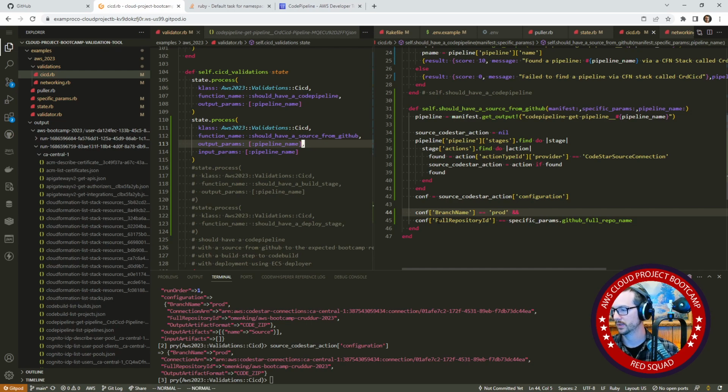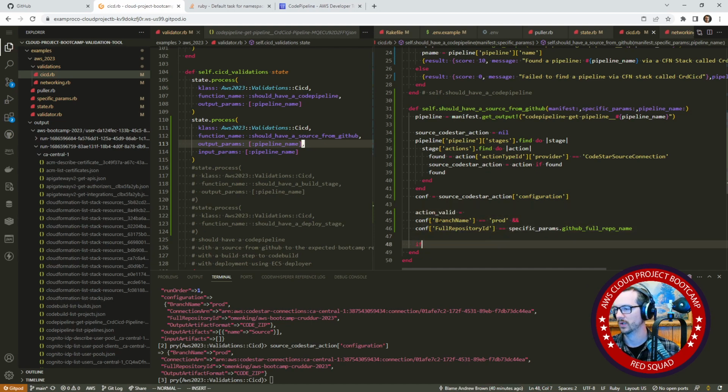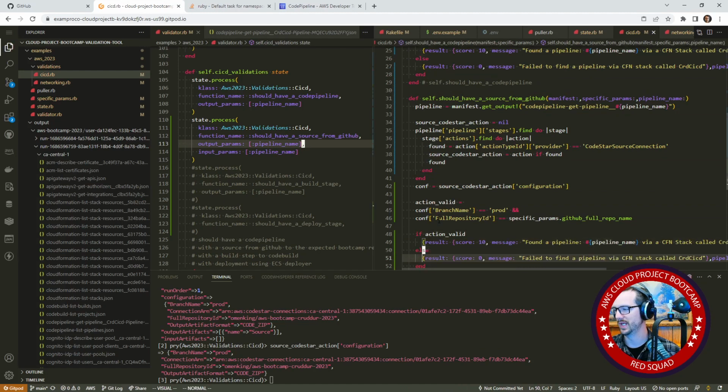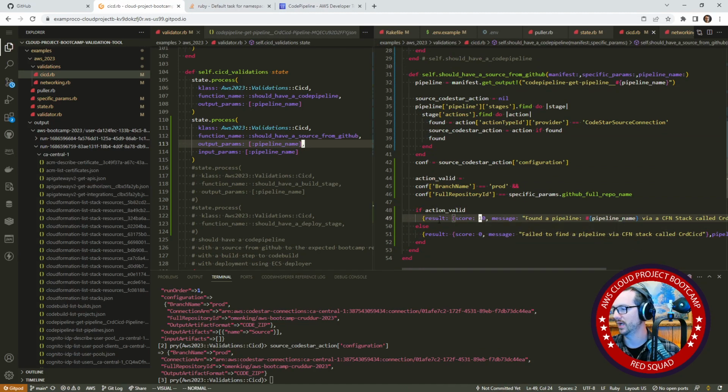So we'll go up here and just say found, like action found or action valid, right? So if action is valid, else end. We'll grab these. I know the score has been kind of useless right now. It says 0 and 10, but maybe it'll be useful later. Found an action